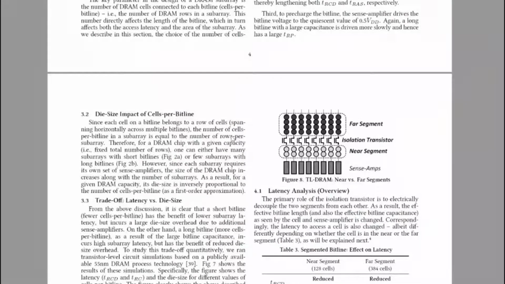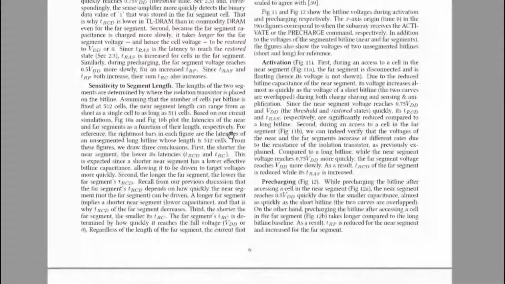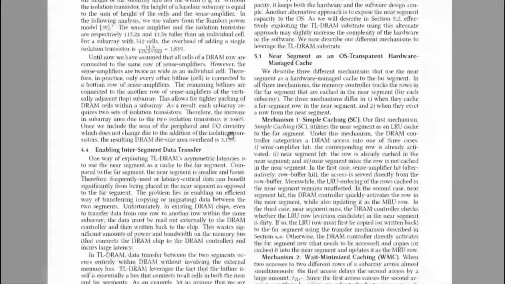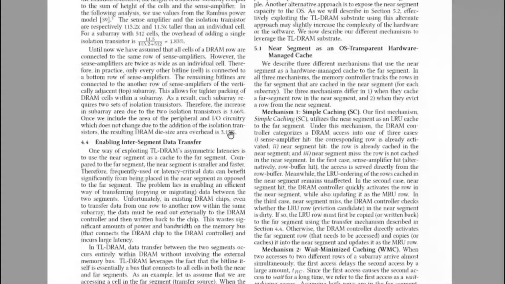They give two different approaches. In the first approach, they say that the near segment can be used as a cache for the far segment. That means all the important blocks of the far segment will first be stored in the near segment, same as a row buffer. Their implementation details are mentioned here. They say they can implement it in three different ways. The first is the near segment as an OS